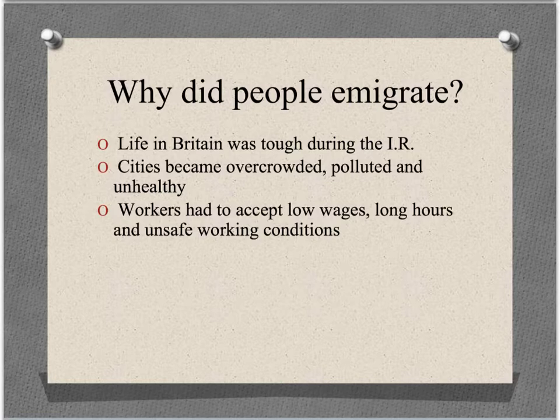The cities became overcrowded because many people moved from rural and agricultural areas to the big cities like London, and London also became very polluted and unhealthy during this time. Because they were using coal power, but it was a relatively new technology, they didn't know how to deal with the pollution caused by coal power, and basically London was covered in a fine black dust in the early time during the Industrial Revolution. Because there were so many people living in such a small place, of course they were unhealthy, there was not great waste management, and people became very sick as well.